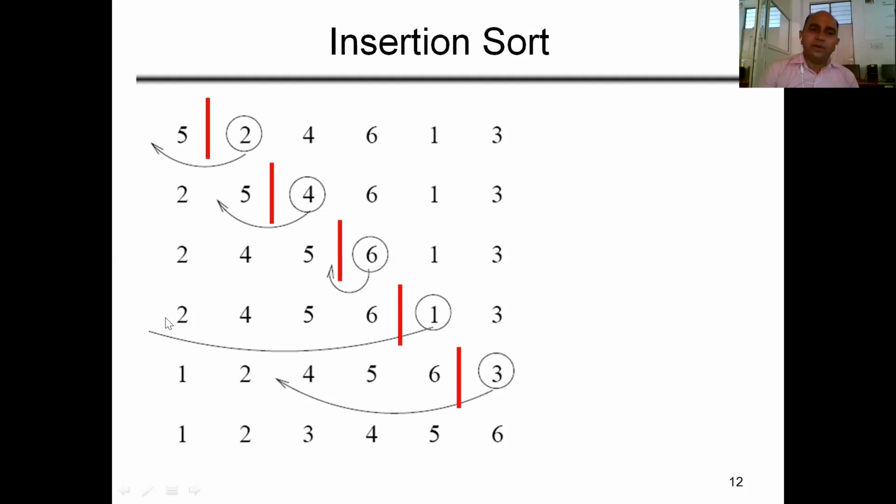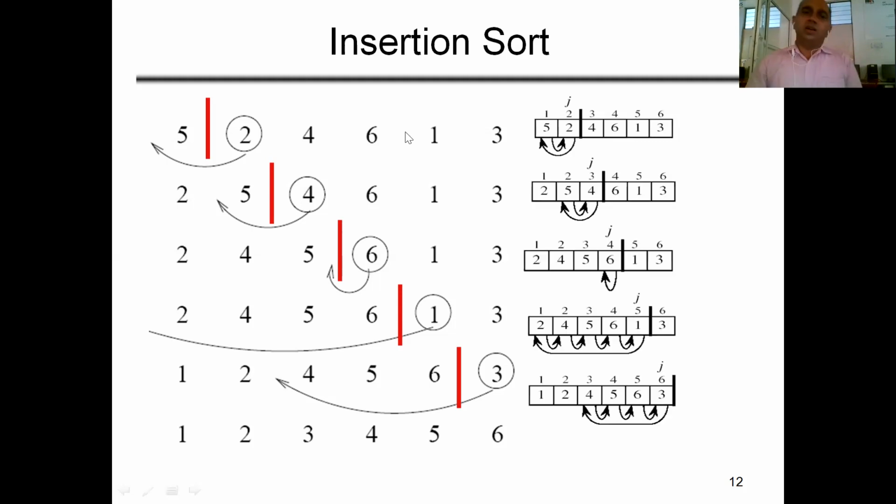It will go to the left of 2. So finally our element 1 will be shifted here. Now the finally last element is the key element, that is the 3. We have to compare 3 with all elements and shift its position to the left of the elements that are greater than 3. So now finally my array is sorted. This is the logic behind insertion sort. Now let's see the algorithm.